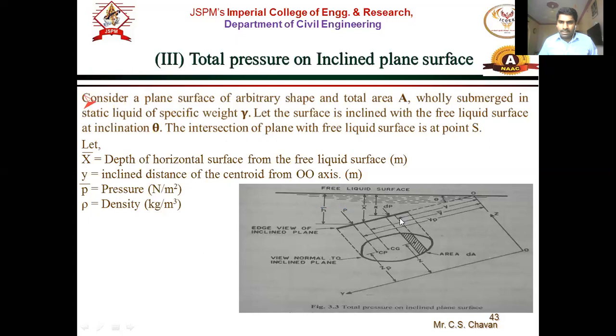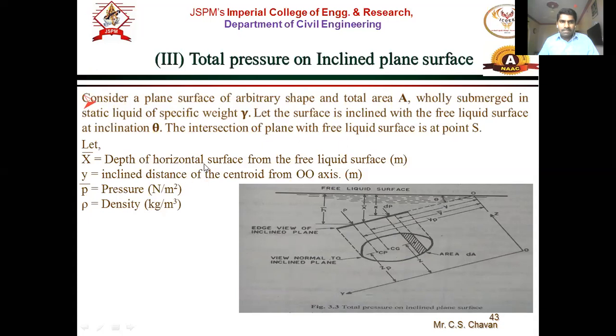Now the sloping length is y for the strip, then y bar for the centroid where the depth is x bar, and the sloping length for the center of pressure, that is h bar, it is yp. So this is only the addition. The sloping length, the inclined length, is considered here. With respect to this inclined length, we will be finding this h bar and the total pressure, right? So this is the case.